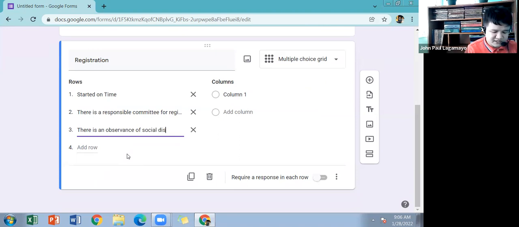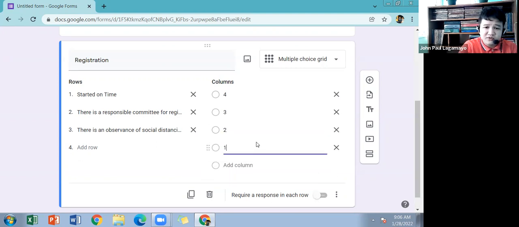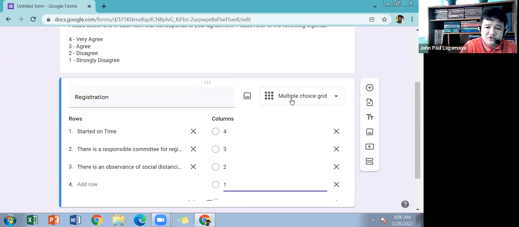Say for instance, this would be your particular index. So say for instance, we only have three, and what you will place under columns, you will just be putting the 4, 3, 2, 1 here, so that it would look like a multiple choice grid,